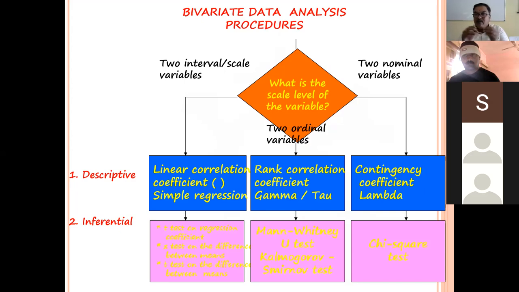For example, you got 0.7. So there is a 0.7 degree of relationship. The degree of relationship between the number of hours studied and the marks is: the nature of the relationship is positive, and the degree of relationship is 0.7. So there is a 70% relationship between the number of hours studied and the marks you have obtained.